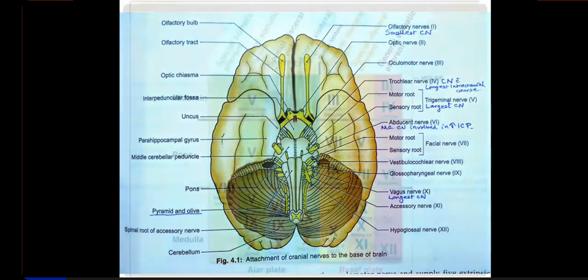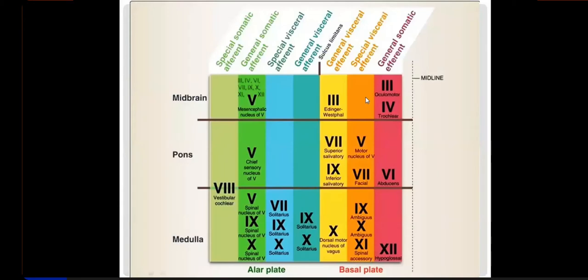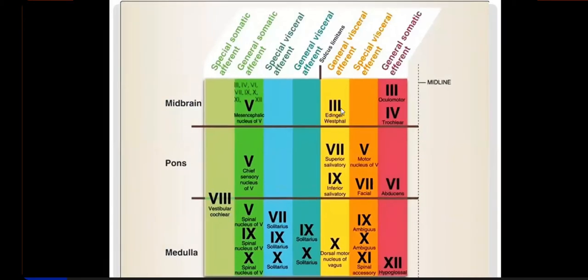Okay. Now about the functional columns. This trochlear nerve innervates which muscle? Superior oblique muscle of the eyeball, right? So this is a motor function and motor nerve, right? So you're seeing that here it's the midline, right? And just lateral to the midline,